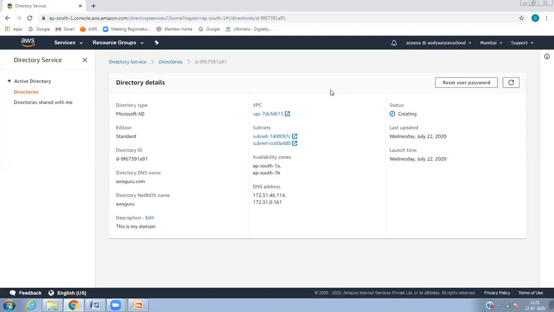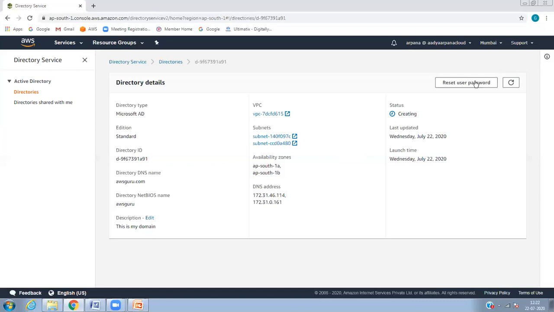So for example, how are you logging into the system, Yuvraj? Yeah, domain name slash username and password. Same thing I'm going to show you. See, usually when you launch an EC2 instance, you log in as a local administrator, right? You give the username as administrator followed by the password. That is one way. And the other way, I'm using my domain: for example, Guru Cloud is my domain name, slash my user ID. I will show you that.